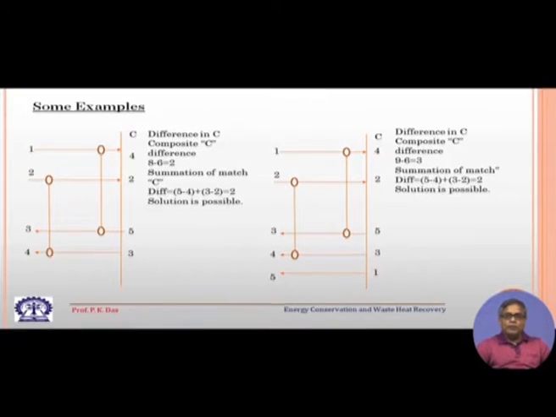So, if we violate this, then our design is not according to the specification. So, we have to be very careful. At other places we will find that the temperature difference between the two streams is more than 20 degrees Celsius, but at the pinch point it is the minimum. So, we have to be very careful. We have to start the solution from the pinch point, and either we have to move towards the hot end or highest temperature end, or we have to move towards the lowest temperature end.